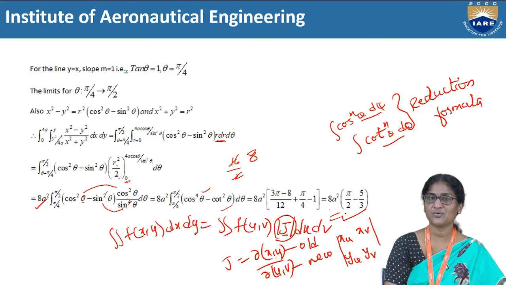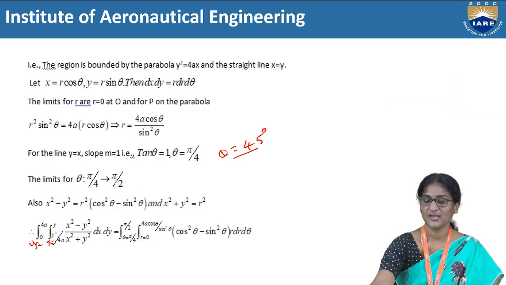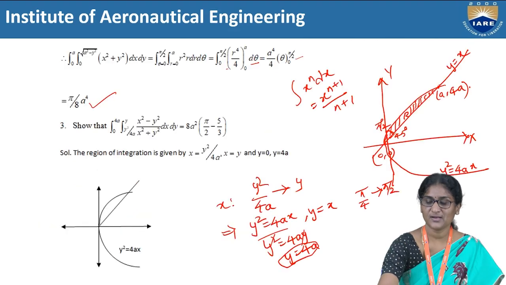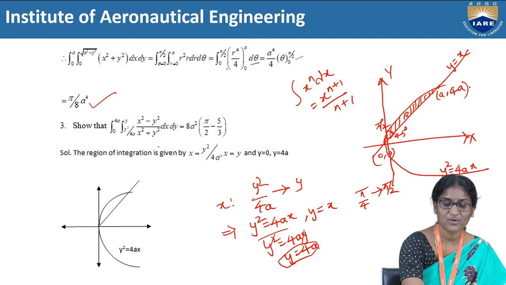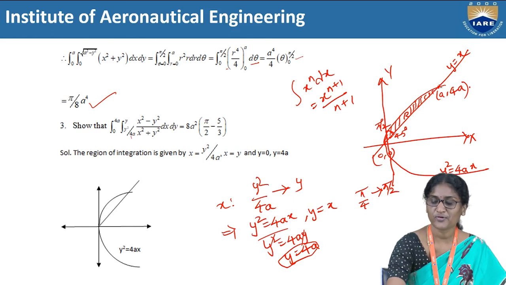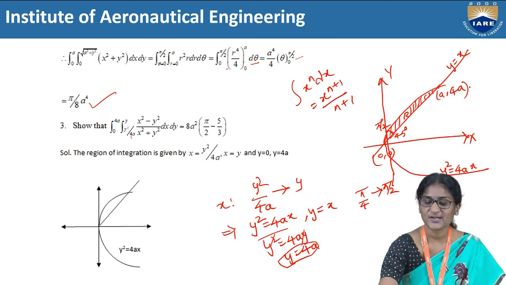First we have to draw the figure in the old coordinates. Then you have to shade the region of integration, as I have just done in this problem. By looking at the limits, from y square by 4a to y, I have shown from where to where the region extends and what type of region this is. Then I have shaded the region.